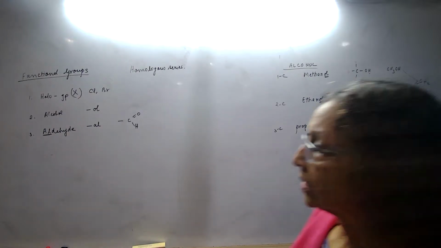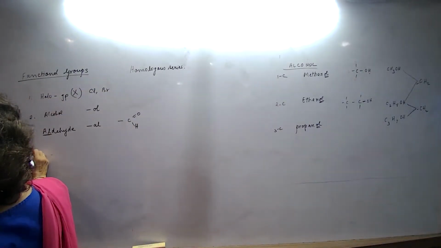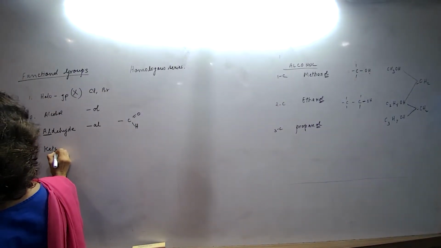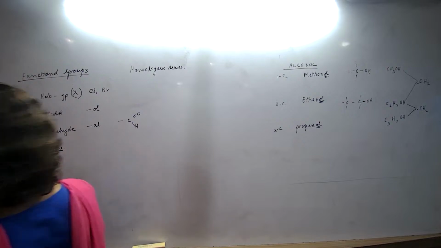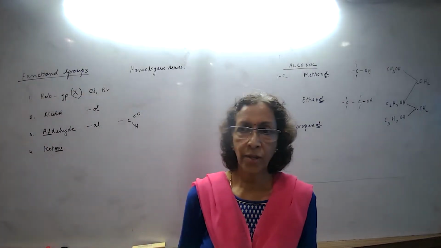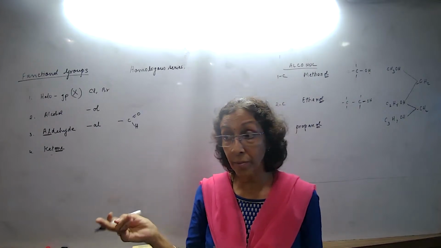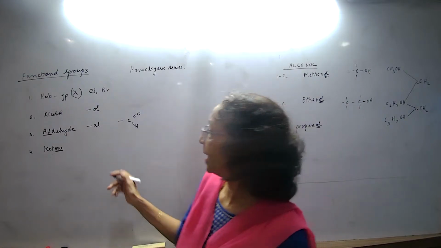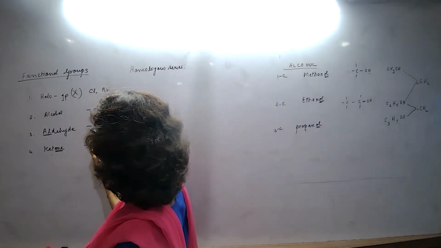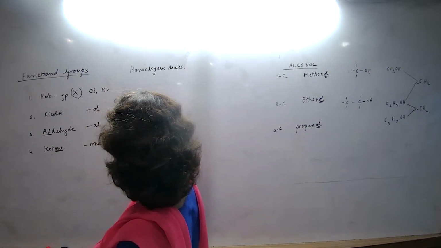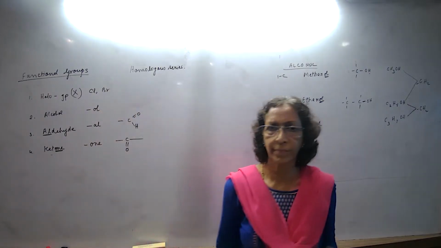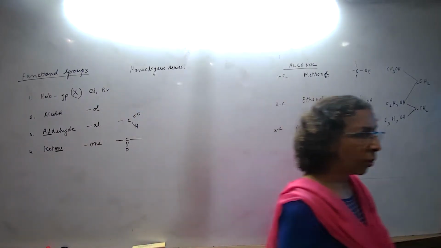Next one. We have got a ketone group. You will gradually learn it. Right now when I'm putting it up, it may be a little confusing. Did you see that one? So the ending is always going to be "one": propanone, butanone. Right? So it will be an "one", and it will have a functional group like this, a C double bond O.